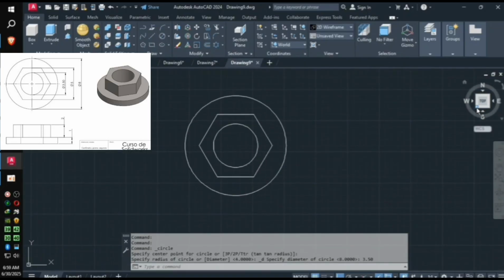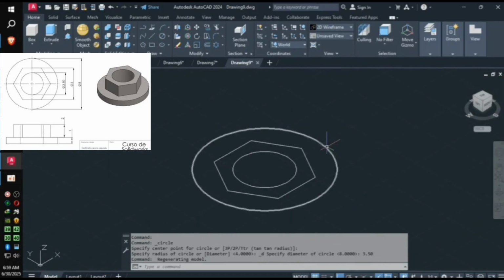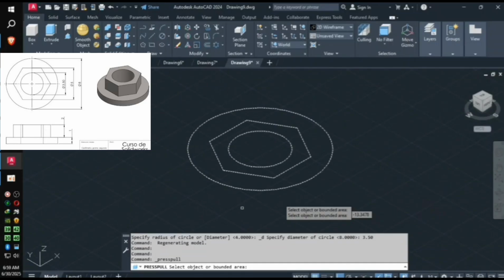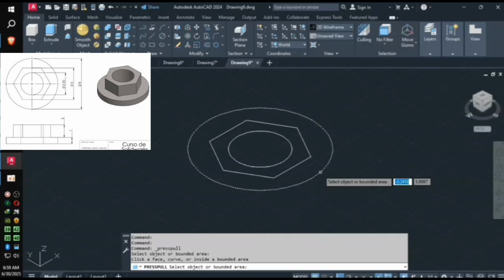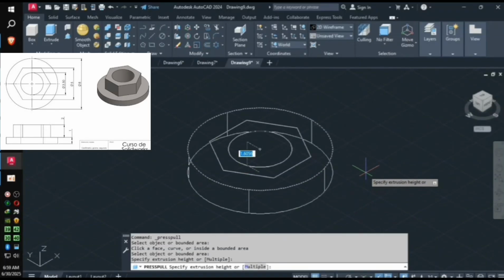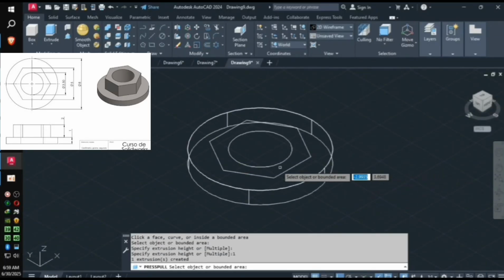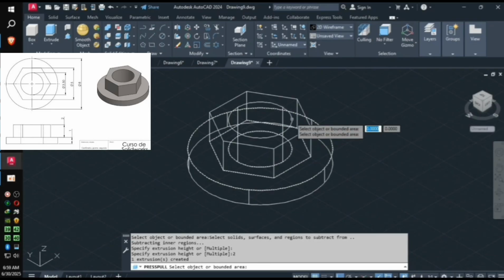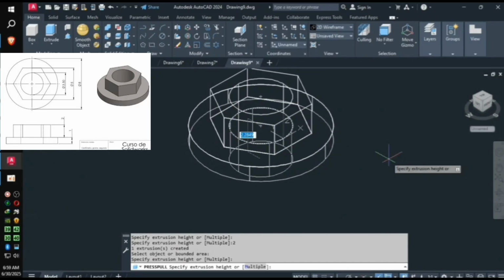To make this 3D, we are going to isometric. So we are going to southwest and click press pull. We're going to press our 2D model and go to the bottom, which is type 1, and also from the center, which is type 2, and the circle from the center, we're going to bottom,